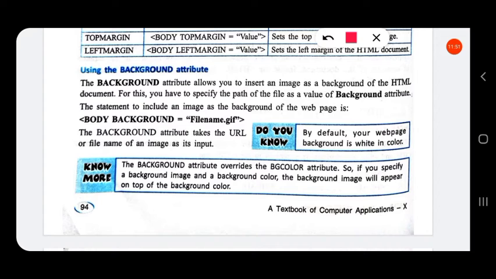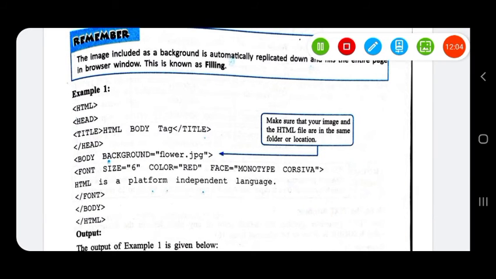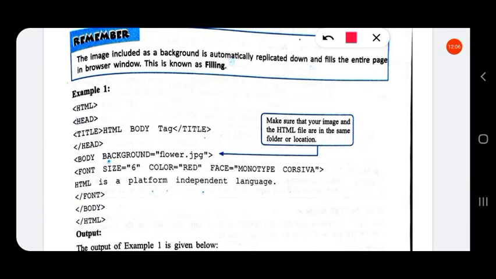The background image goes on top of the background color. Next, let us see one HTML program. The image included as background is automatically replicated down and fills the entire page in the browser window.